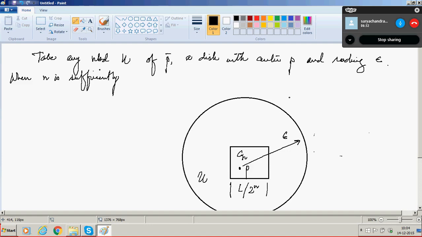When n is sufficiently large, say with L by 2 raised to n less than epsilon by 2,